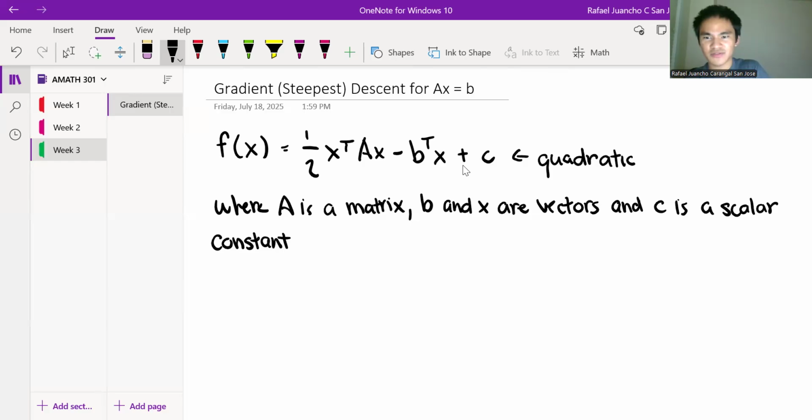I don't know why it's called a quadratic form, actually, if I'm going to be honest, because from what I know, a quadratic form is a polynomial of the second degree. But here, I haven't studied linear algebra. Maybe it has something to do with transposing a vector or something like that. Anyways,